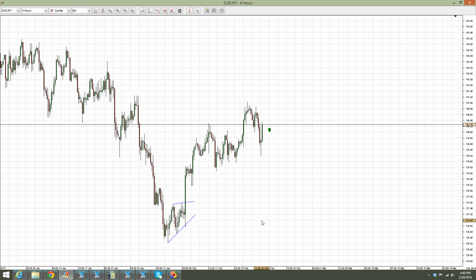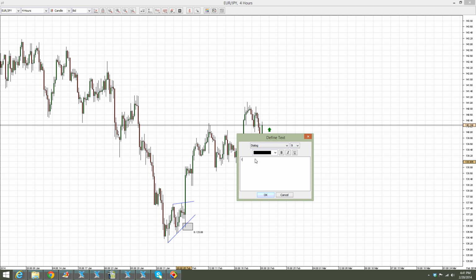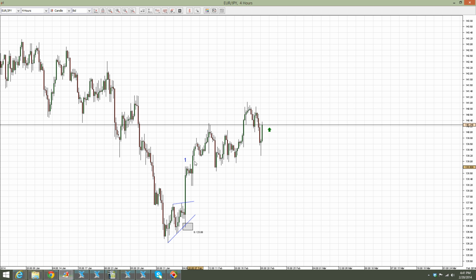This makes it that for the move that follows the contracting triangle, from this moment of time, we're looking for a 5-wave structure. Well, the 5-wave structure seems to be 1, 2, 3, 4, 5. This is being called a first wave extension. So this should be labeled as a first wave, the biggest one. Every time you're looking at a first wave extension, you're looking for the first wave to be the longest,